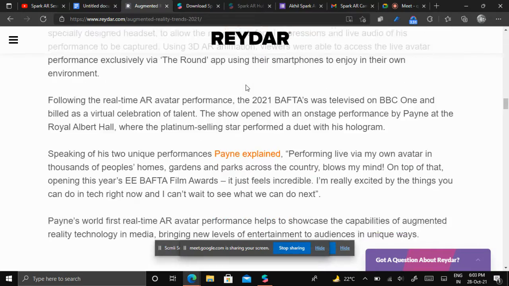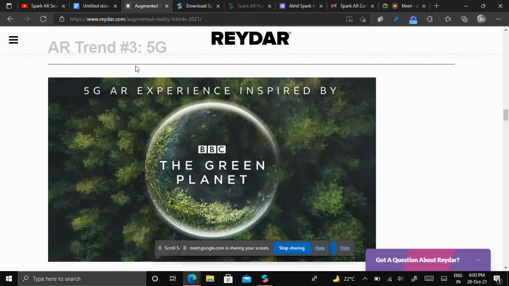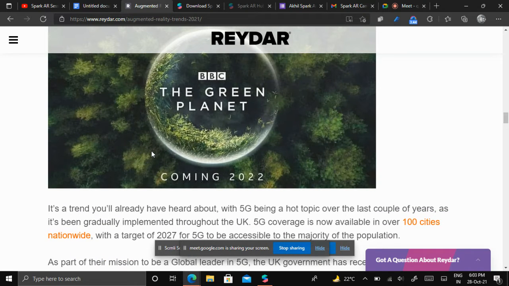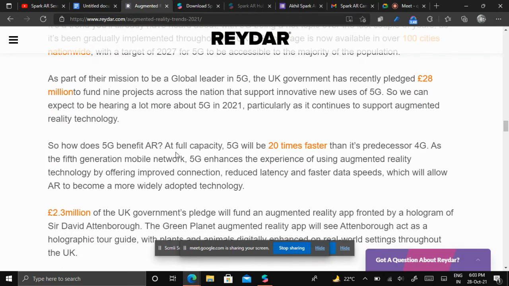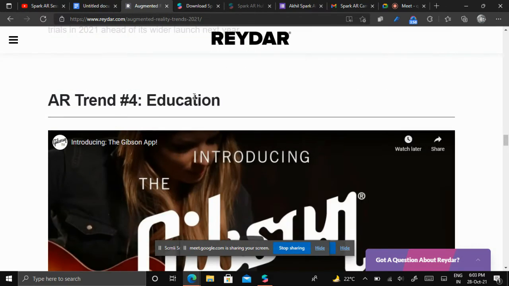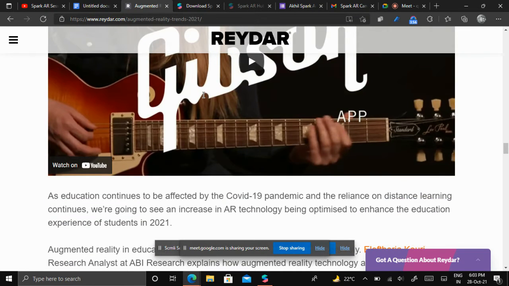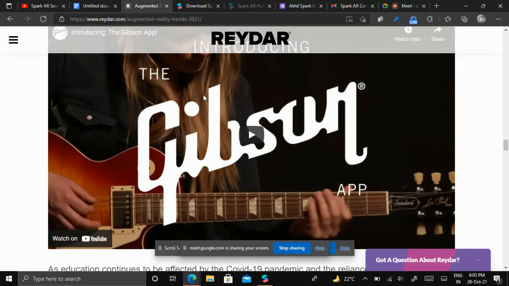Coming to the third trend, it's BBC's The Green Planet. The Green Planet, which was shown by the BBC, is a completely AR experience. It will occur around 2022. The fourth trend is education. We have seen in the IIT graduation ceremonies that they were completely based on AR effects.